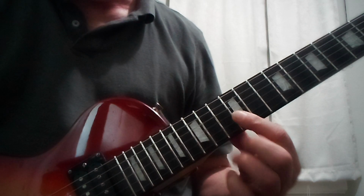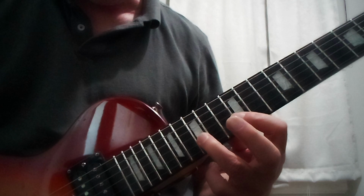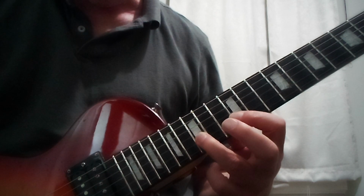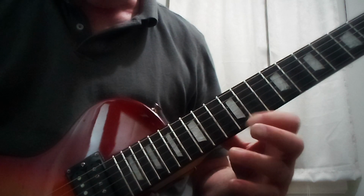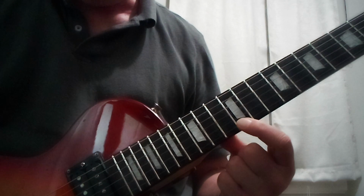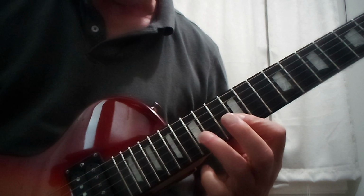So it's two notes on the B string, the B and the D note, and we're hammering to the D, and then pick the E note, which is on the 12th fret on the highest string here. So altogether it's